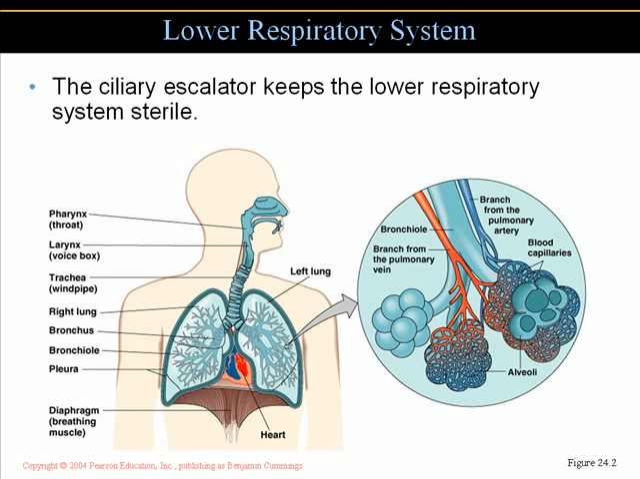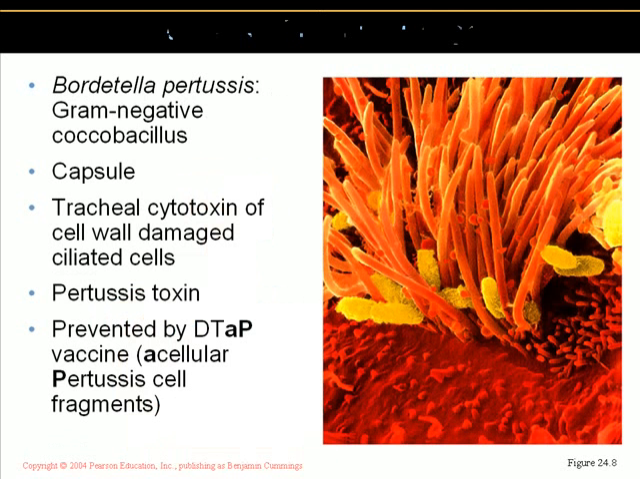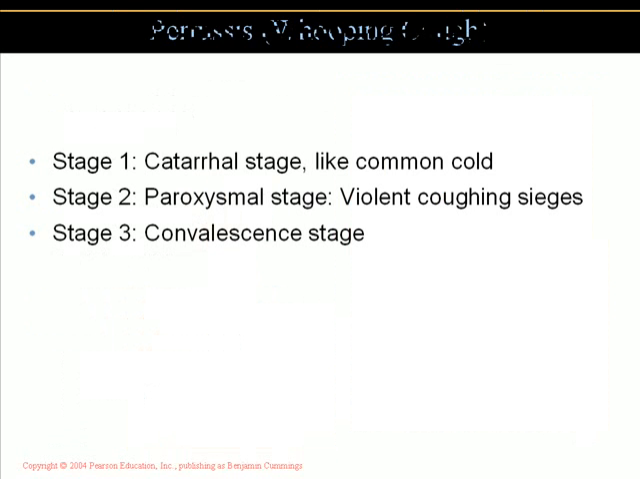But as we get deeper into the lung tissue again, remember you drop to a thin layer of squamous epithelial cells. Bordetella pertussis is a gram-negative coccobacillus. It has a capsule, has a cytotoxin, which will damage the cilia of the cells. Again, a vaccine can be used to treat it. There are 3 stages: the catarrhal stage, paroxysmal stage, and the convalescent stage. Catarrhal stage is typified by common cold symptoms. Paroxysmal stage